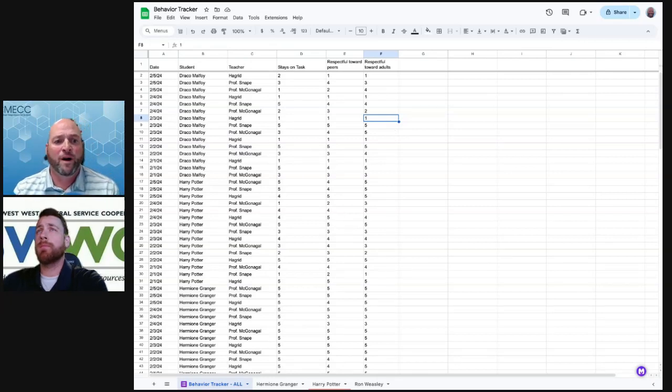But I might want to pull out data about a particular student. So what I'm going to do is create a tab or a separate sheet that's going to go along the bottom for this particular student, Draco Malfoy. And I want to keep all of that stuff the same. There's a couple of different